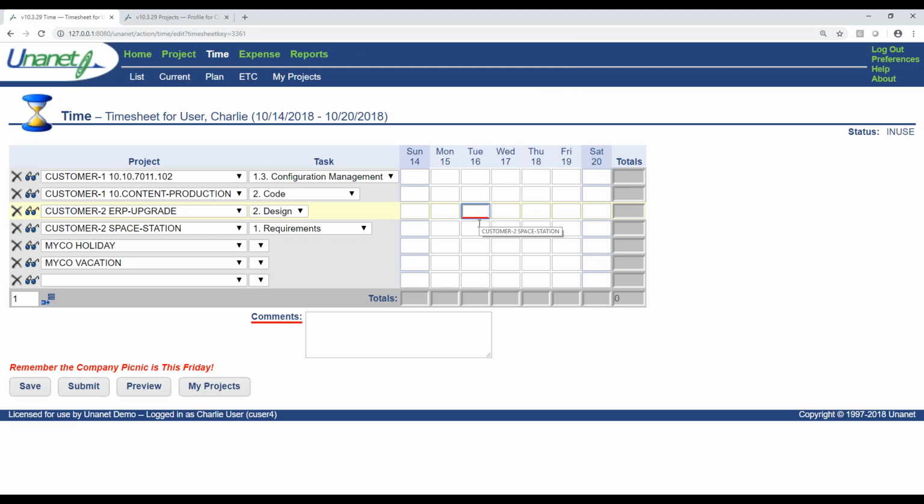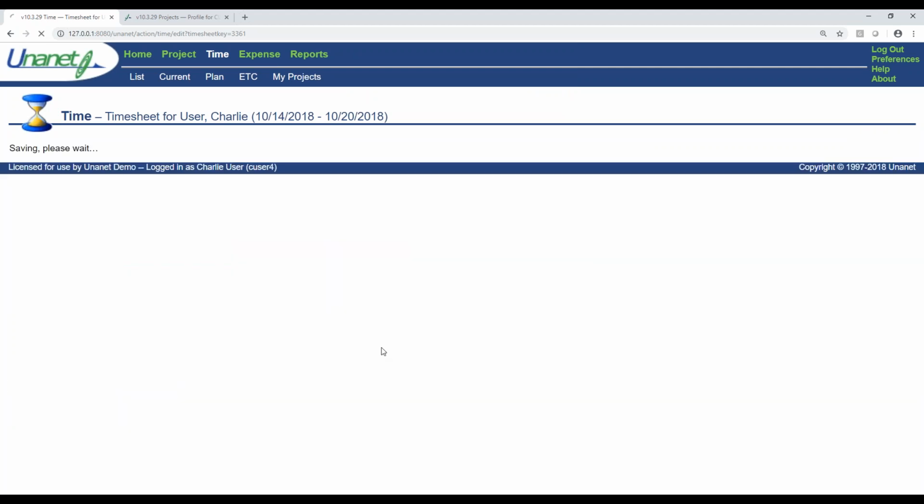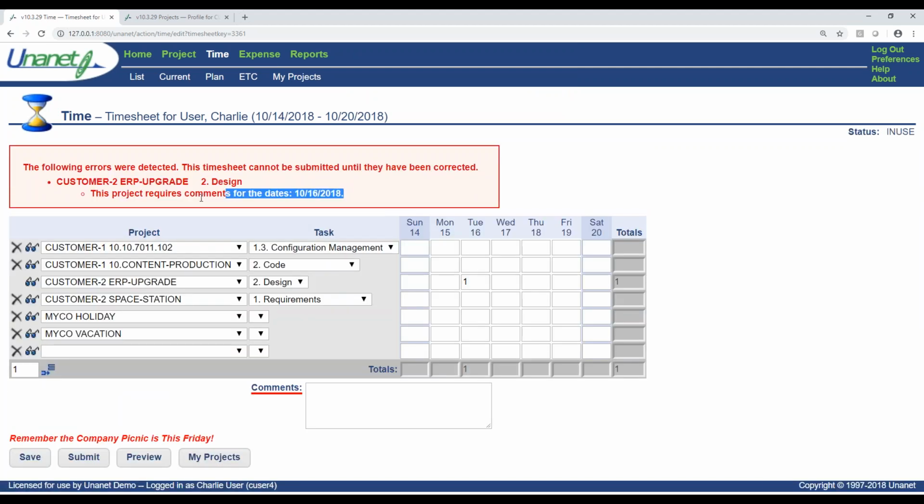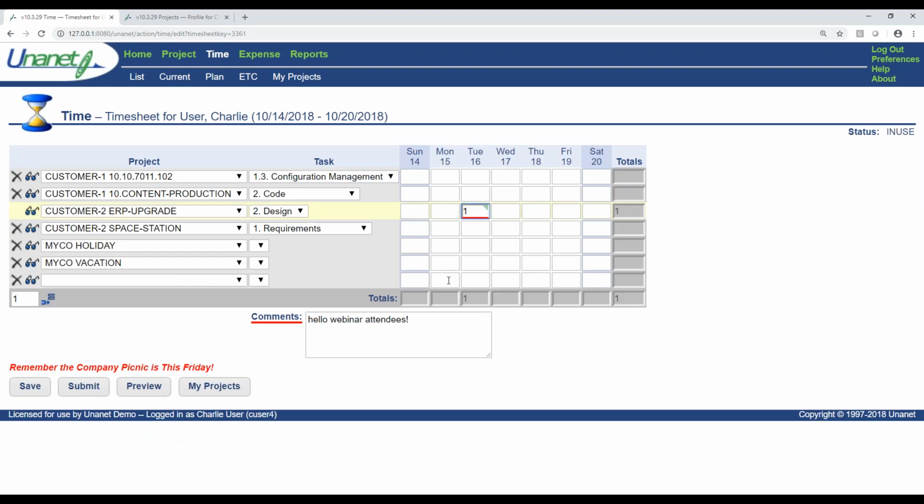Similarly, even though today is the 16th, if I try and enter time for this project, I'm going to get a warning that says this project requires comments. So if I go in here and enter a comment, now all of a sudden that goes away. And so there's a lot of controls that you can enter in here.